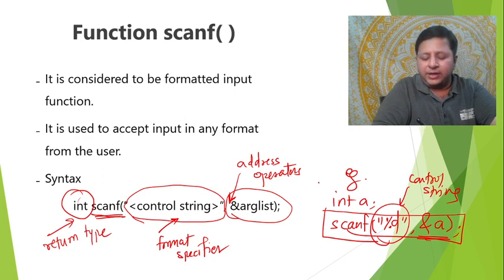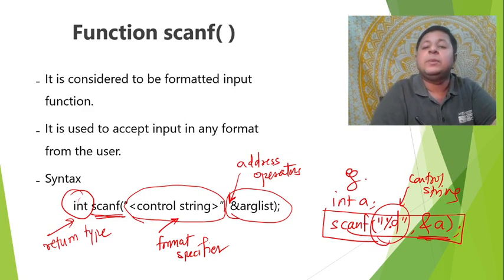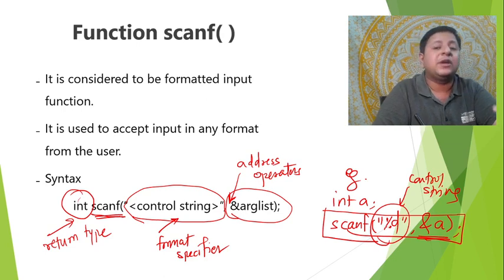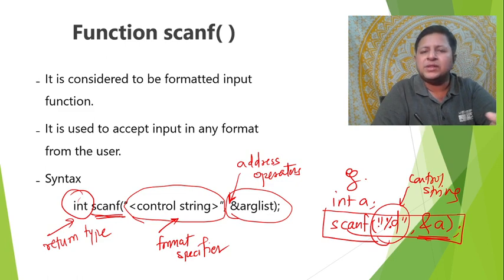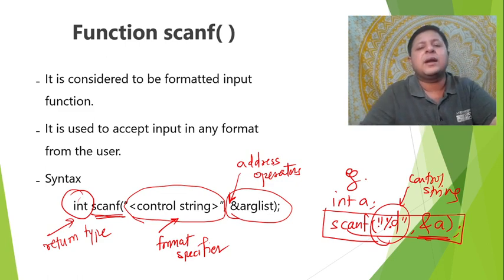Now it will be really useful to understand what are the different format specifiers we will be using. Because for int somehow we got %d, and I also said that it is not the appropriate way to say that for int it will be %d. So what is it all about? Let's look at the format specifiers.